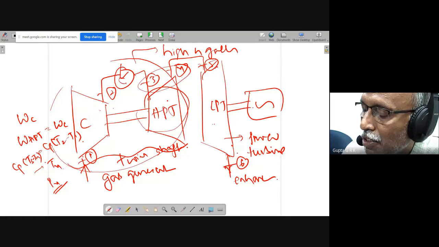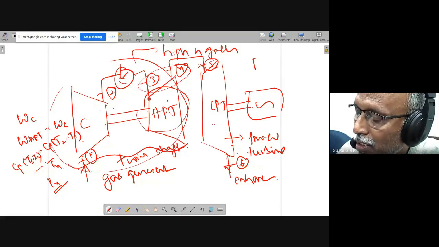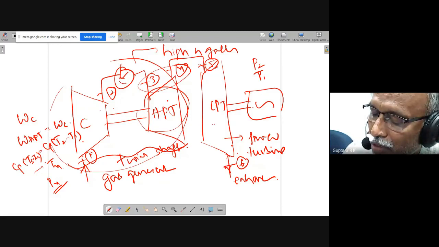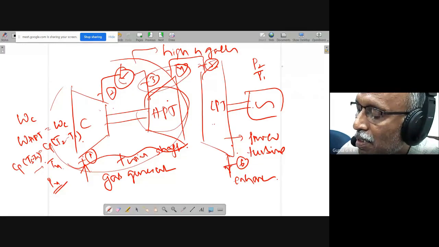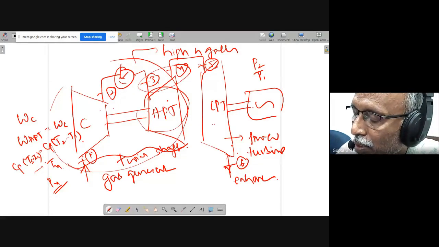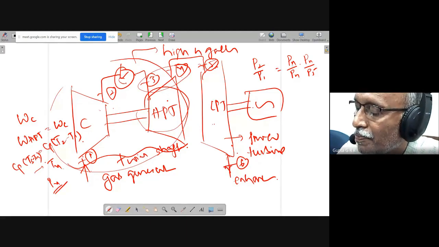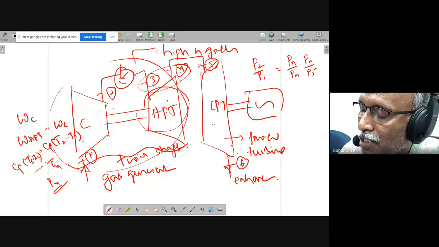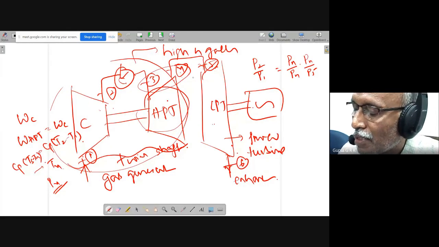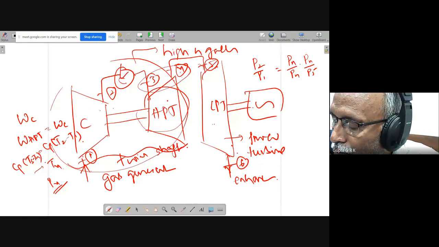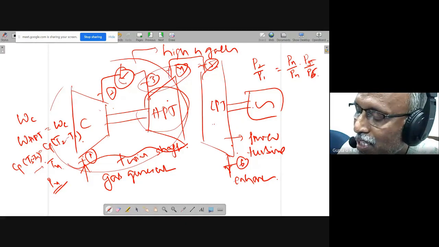Okay, so some pressure ratio is spent here. The remaining pressure ratio, because the overall pressure ratio is P2 by P1. This is the overall pressure ratio. So P3 by P4 into P4 by P5 gives me the overall pressure ratio. P3 by P4 is the first turbine pressure ratio, P4 by P5 is the final pressure ratio. Sorry, 4 and 5 are the same. This is 5 and 6, P5 by P6, because there is nothing here.